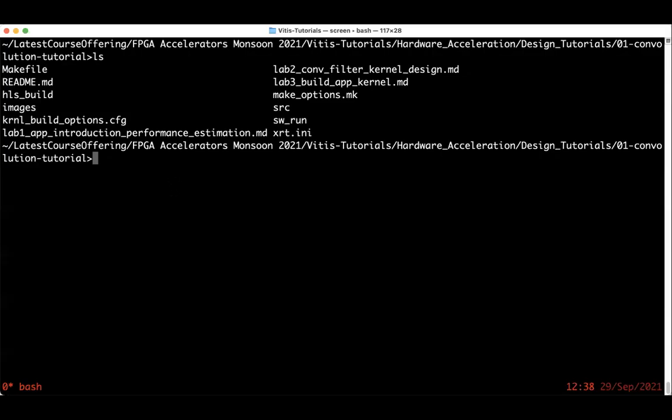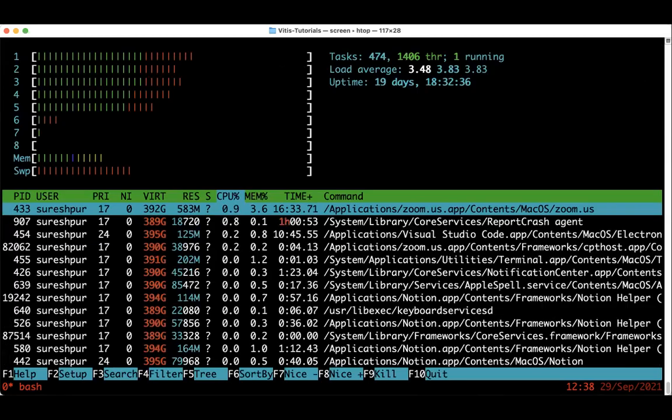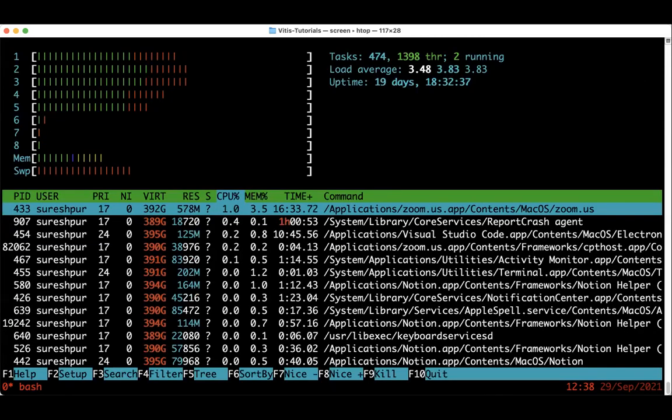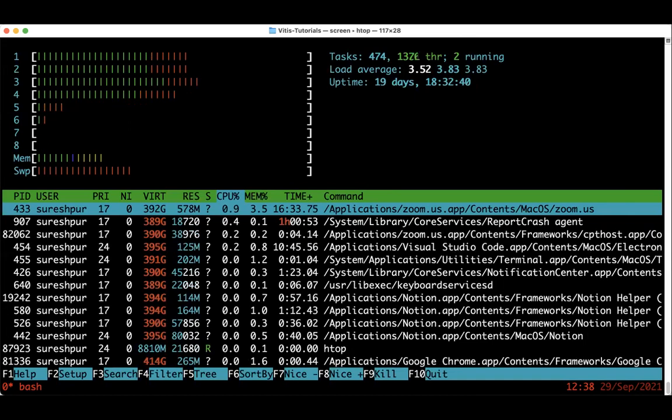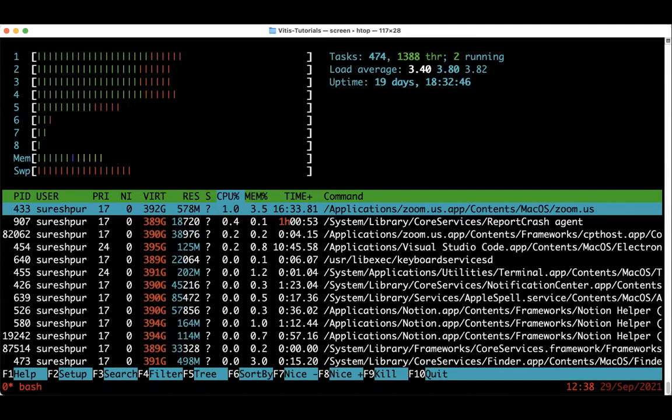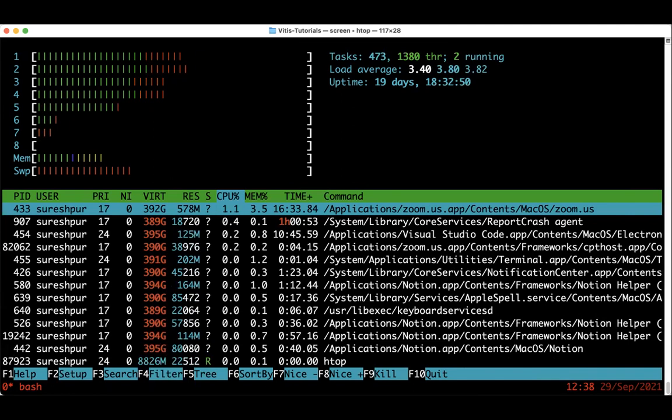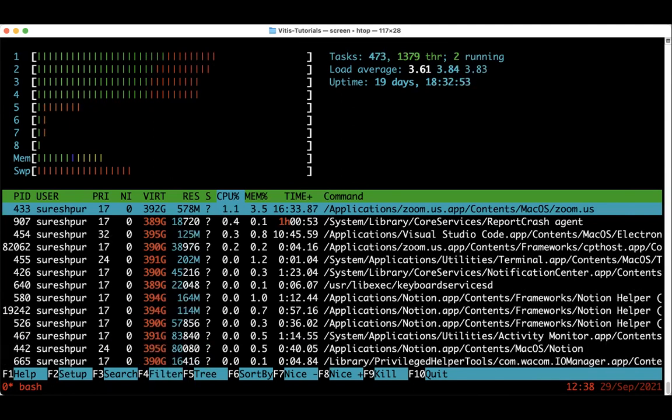Let's see. I hope you are able to see my terminal. In htop, I have 8 cores on this system. I'm not sure whether it is 8 hyperthreads or 4 cores, but for the time being, let's say I have 8 cores and 16 GB RAM.